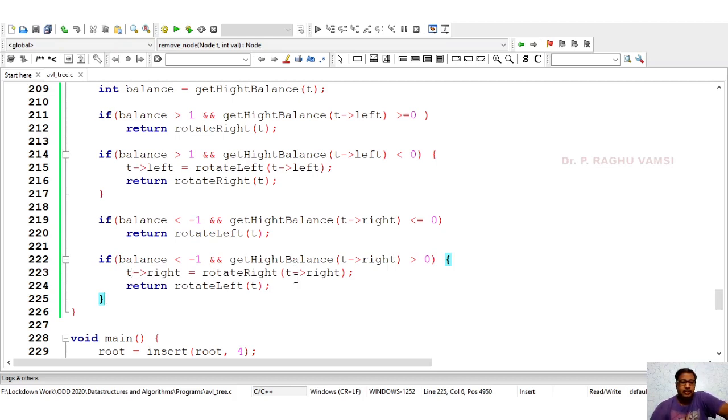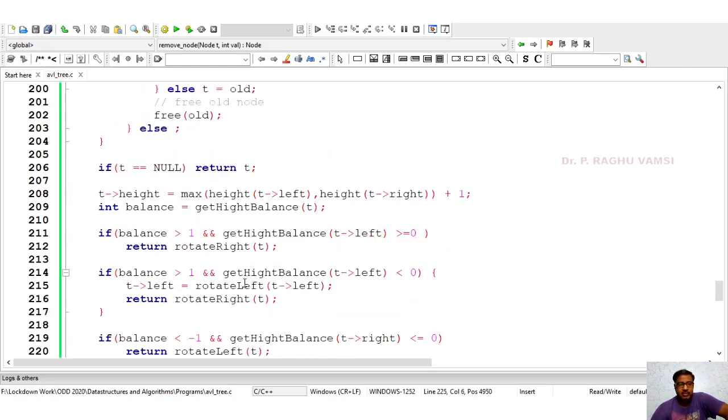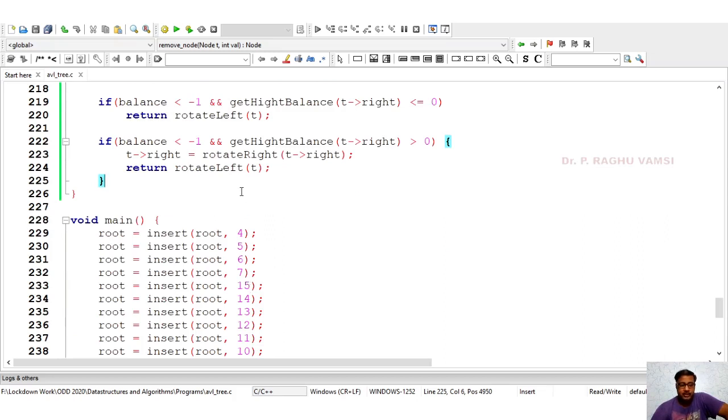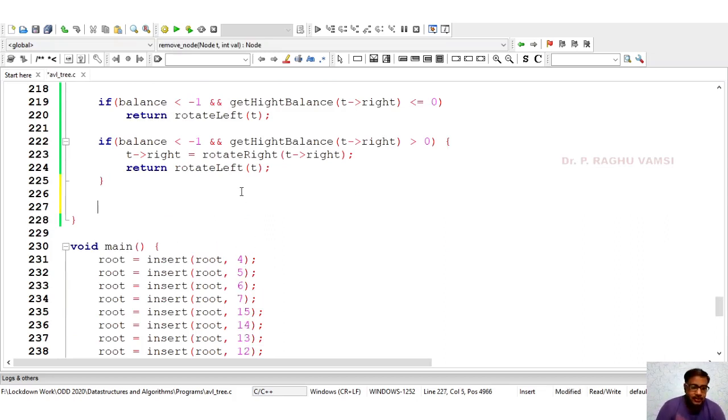So the right rotation should be performed on the t right, and left rotation to be performed on the t. So once these rotations are over, then we need to return the resultant t.